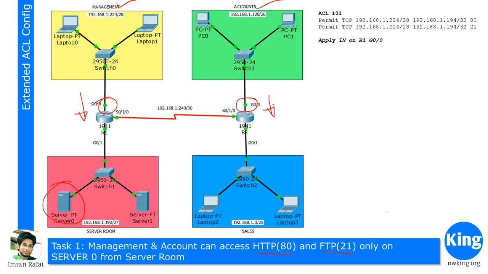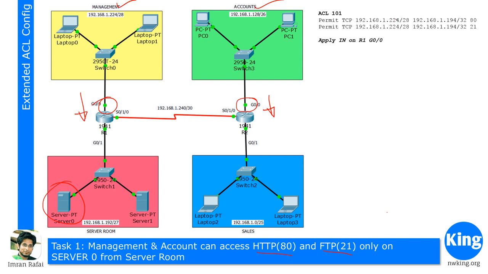So what are the commands? We'll do the classic approach for the management ACL. We say permit TCP. Why are we saying TCP? Because HTTP port 80 is TCP. If you had given permit IP, that means it will let everything go through, but we only want TCP port 80. So we're saying permit TCP